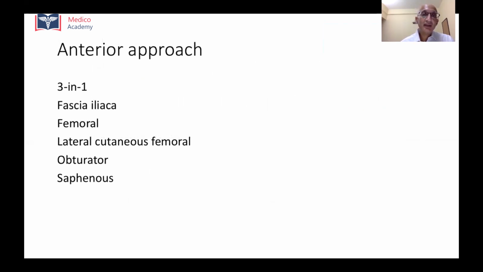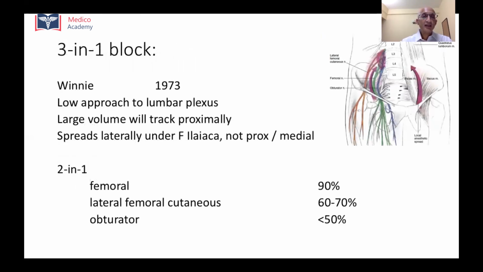Now we come to the anterior approaches to lumbar plexus, which have been described. So these are enumerated here, and we'll go over them one by one. 3-in-1 block was described by Winnie in 1973. It was touted as a low approach to lumbar plexus, and we were supposed to deposit a large volume of local anesthetic